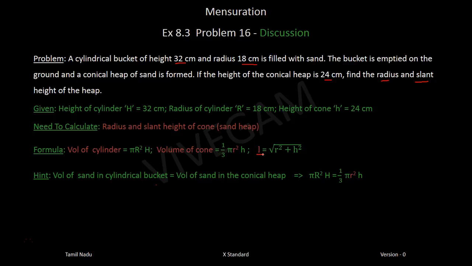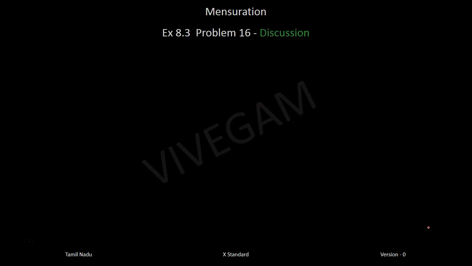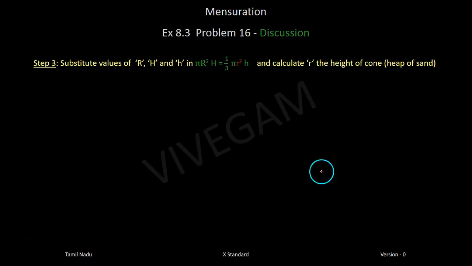Okay, so let me summarize the steps. Let r and L be the radius and the slant height of the cone. Equate the volume of the sand in the cylindrical bucket to the volume of the sand in the conical heap and simplify to get this equation: pi R squared H equals 1/3 pi r squared h. Step 3. Substitute the values of the cylinder, that is capital R and capital H